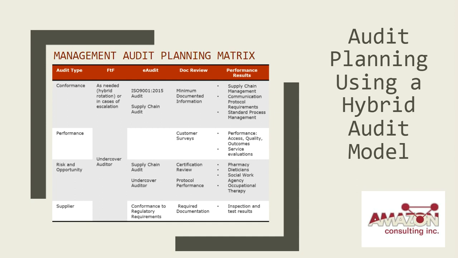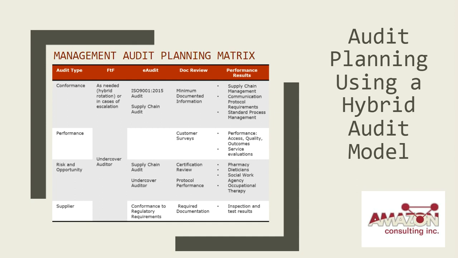Now, to go down to the performance type of audit, this is where you're doing maybe a customer survey and looking to see how the customer is thinking about your company and the product or the service that you're providing. This could be done with document reviews, with surveys. It also could be done with undercover auditors, where they pose as customers at service centers or at distribution places and find out what is being said about your product. Those kinds of activities can also occur. And this would be a face-to-face option.